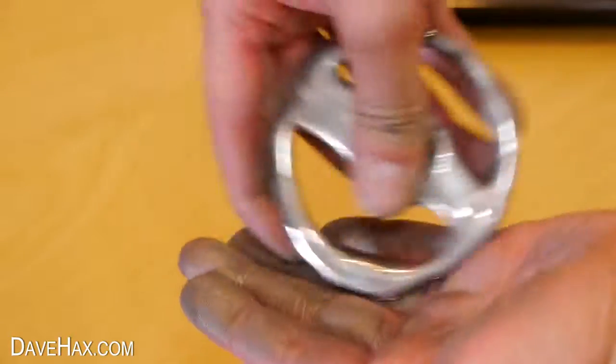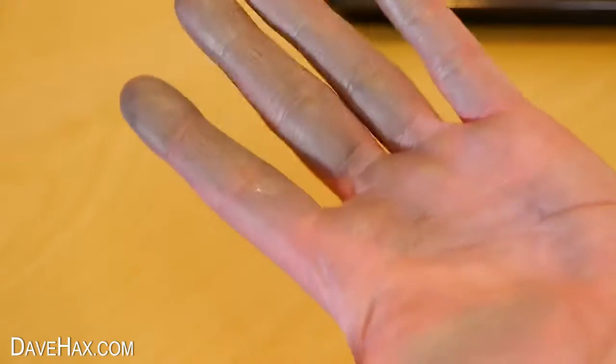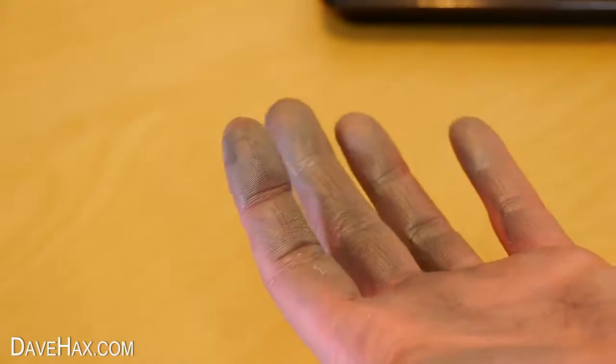Unfortunately, if you handle gallium too much, it rubs off on your skin, and you get this discolouring, which isn't very nice, so it's not ideal for fidget spinners. But if you